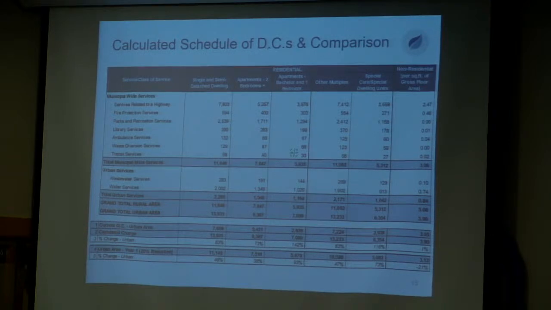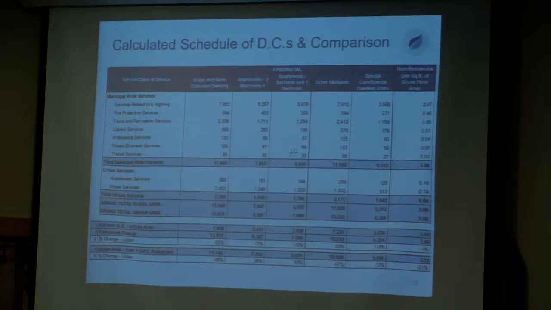So based on that anticipated development and the total growth-related cost, the schedule of charges has been calculated. I recognize it's a little bit hard to see on the screen here, but what's shown is the charge by service area, as well as by dwelling unit type and per square foot of non-residential gross floor area. The structure of the charge is consistent with the current development charges in place in the city, where the charge is imposed for residential dwelling units for single and semi-detached dwellings, for apartments of 2 bedrooms and greater, or 1 bedroom and bachelor, and then for other multiples, as well as for special care dwelling